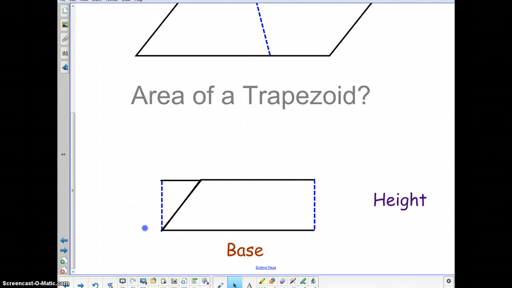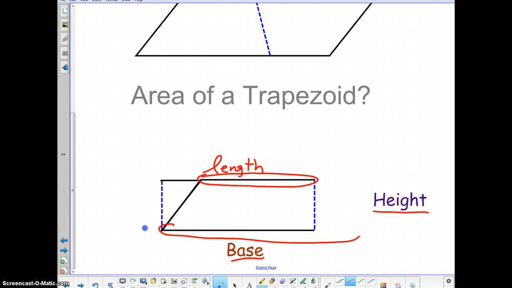Now, if you notice, we're still going to call it the base and the height, but the length of this rectangle is different than the length of this side, and it's also different than the length of the side that was here, a lot longer. It's actually somewhere in the middle, and for a trapezoid it's exactly in the middle. So what we have to do is find the average of the two bases and then multiply